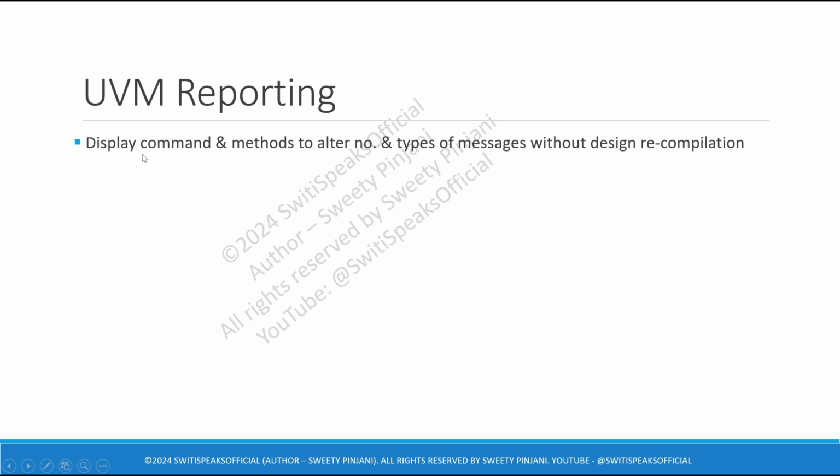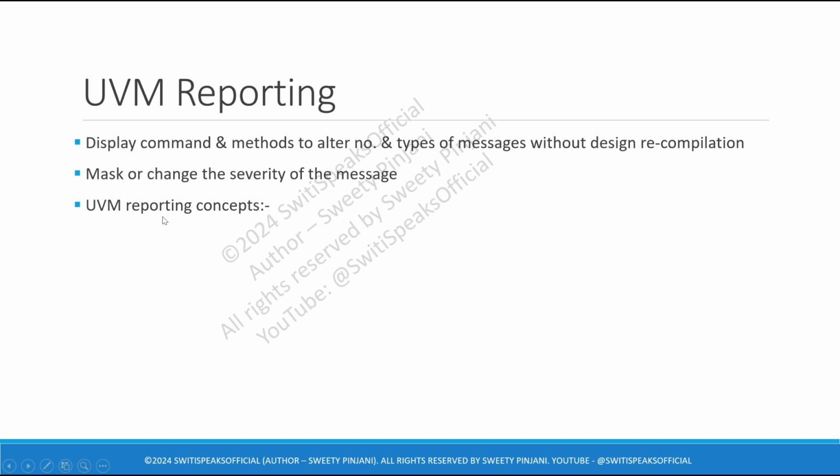If UVM is providing you with a mechanism through which you are able to alter these messages without design recompilation, it saves a lot of time. This is why doing this without design recompilation is a very big advantage. Next, if you want to mask or change the severity of a particular message, you can do it using the UVM reporting mechanism.